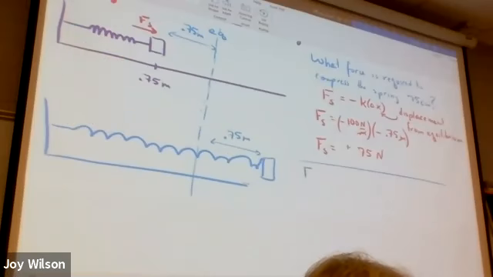So the force due to the spring would be negative 100 newtons per meter times positive 0.75 meters, and now I get 75 newtons to the left,